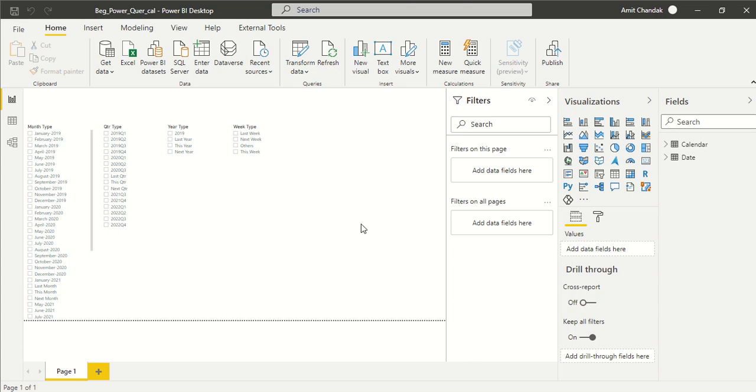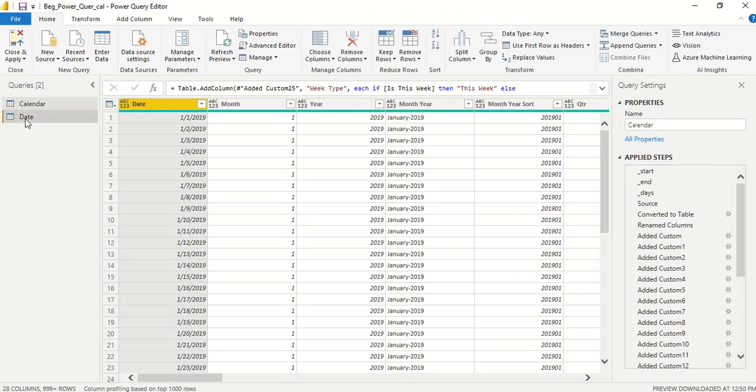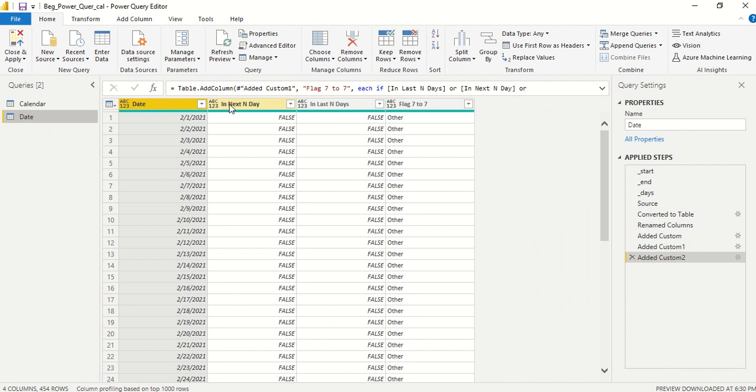We are continuing our tutorial series, and in today's tutorial we are going to cover two more Power BI functions to check whether the date is in the next or previous few weeks. Okay, so let's begin. I have created this date table and I already have a couple of columns out there. Now I'm going to add a few columns to check whether these dates are in the next few weeks or not.